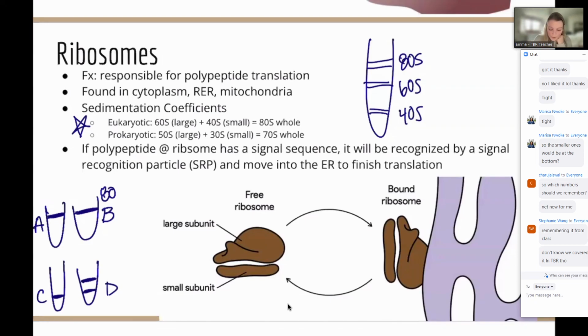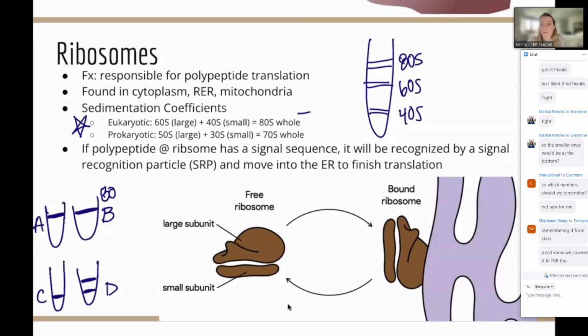So I would remember that you need 60S for the large subunit and 40S for the small in a eukaryote, and together they come up at the 80S sedimentation coefficient. And for prokaryotes, 50 and 30 for large and small, and 70 for the whole. You're just going to come over these. It's going to be one of those things. If you have it already remembered, it's going to make you so much more confident. If you don't remember, it's a lot harder to pull things together or figure out what's going on. So these are definitely important.